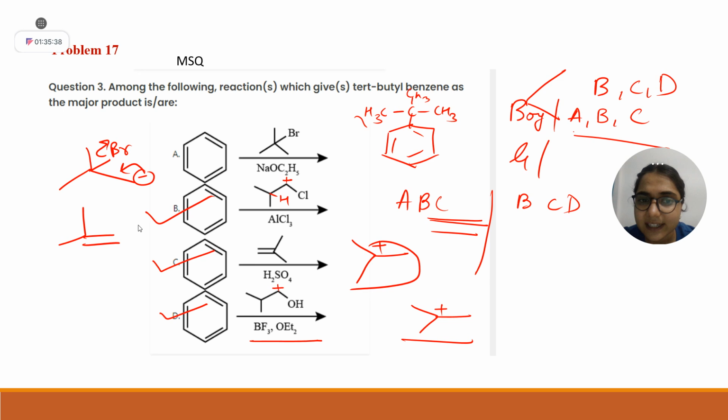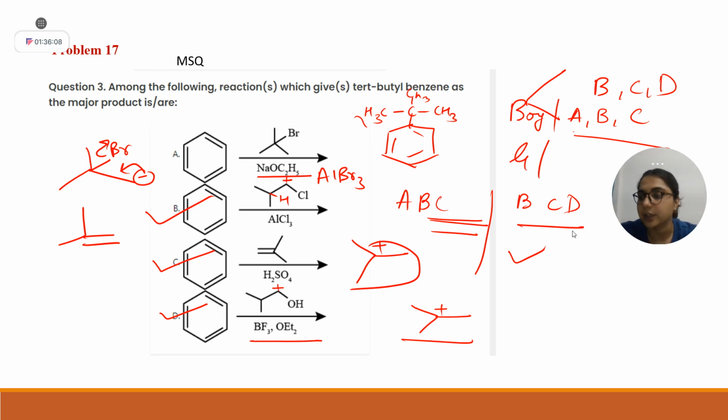Okay. Let's say here, tell me, if base is not there, and AlBr3 is there, then can it form or not? It can also form, ma'am. Yes, ma'am, then it will form. So the correct answer is BCD. Okay. One person was asking to explain something. Option D? Option number D.